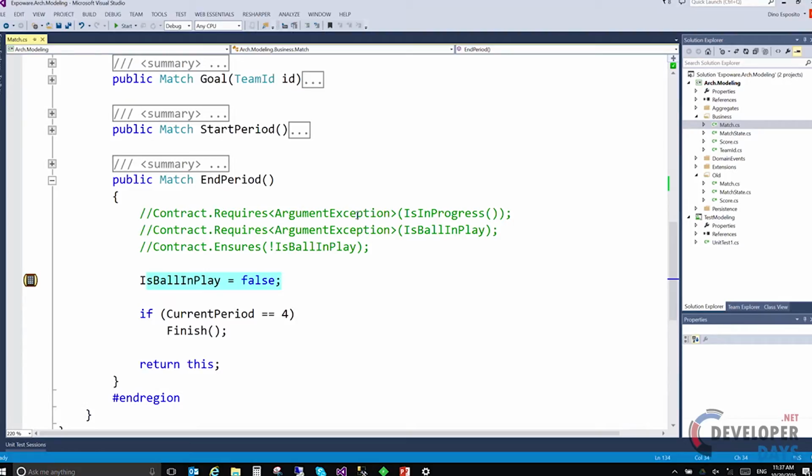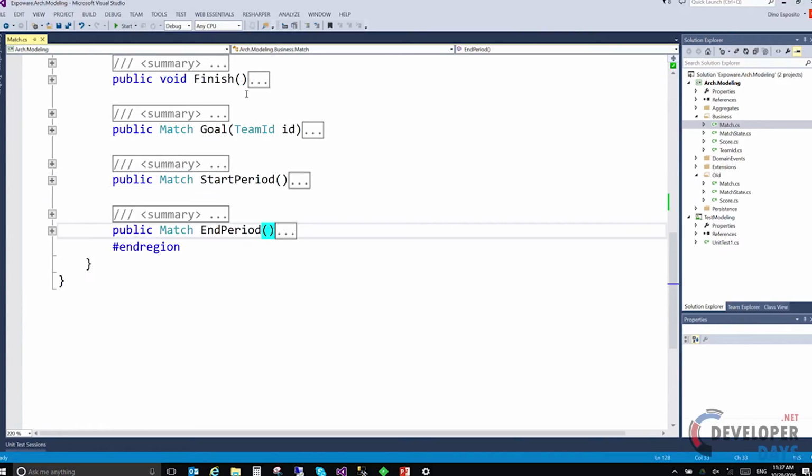Automatically, but this is arguable. You may or may not do that. Depending on the expected user interface, you might want to have a finish called explicitly through an action or called automatically at the end of the last period. That's a design decision. And now the most interesting part of the story. What happens when a goal is scored? Goal is a method that takes a team ID, so home or visitors, so which of the teams scored the goal. And